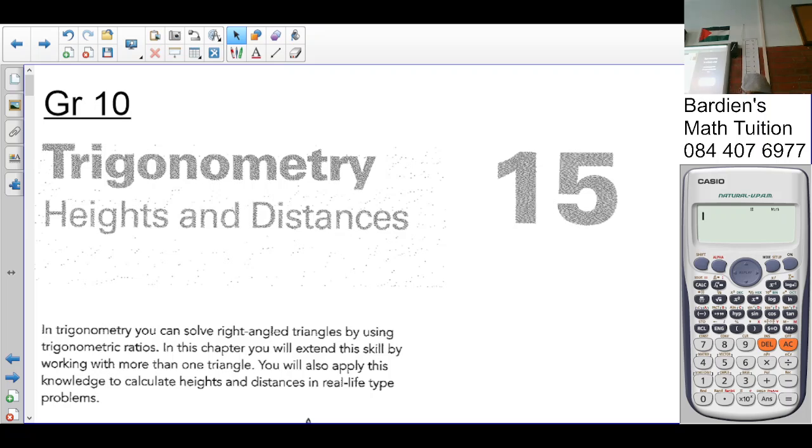Good morning, class. So at this point we're looking at chapter 15, which is the extension of trigonometry. We have looked at the introduction to trigonometry and parts of your trig graphs. So now we're looking at chapter 15, which is heights and distances. So now we are told that in trigonometry,